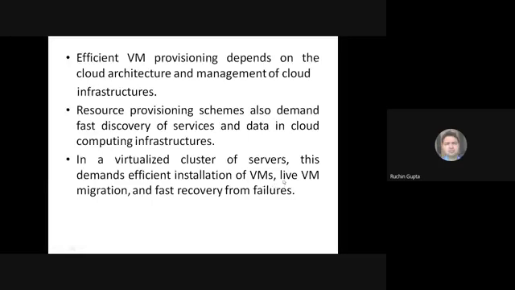And sometimes the virtual machine is migrating from one cloud to another cloud. So in that case, a live virtual machine migration should be possible, and it may be the case that there may be unpredictable failures in the hardware as well as in software. So in such a case, the system should be able to recover from these unexpected or all of a sudden failures which are happening in the cloud computing services.